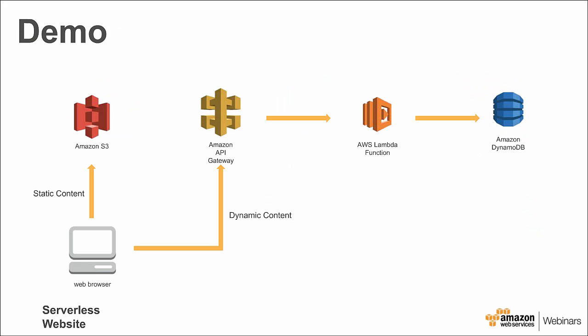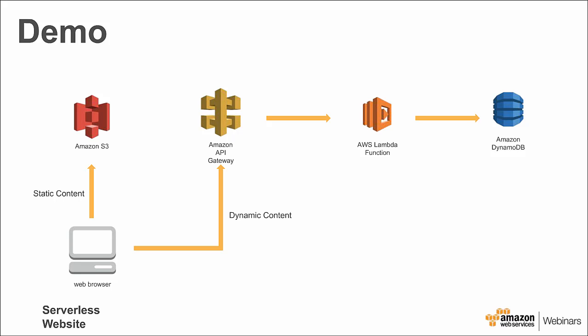So next, I'm going to do a live demo to give an example of how to build a serverless application on top of AWS. And this is the architecture that we're going to build. If you've ever built a web application on top of AWS before, this might be a general pattern that you're familiar with, where static content is stored inside of Amazon S3, and all of the dynamic content is routed separately